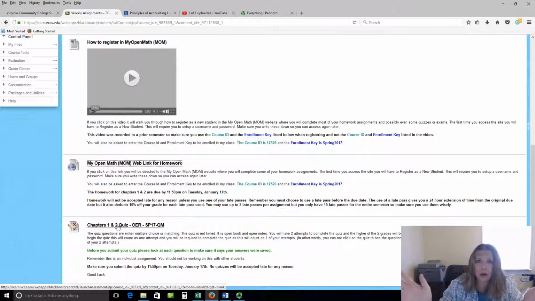It's open notes, open book, so you're allowed any materials that you want to solve the problems in the quiz, and they're not timed, but please make sure that you are working within your computer so that it doesn't fall asleep, because if it does, it might kick you out. Okay. Also make sure that you are saving all the answers. Blackboard should be saving them for you. That's Blackboard's set up to automatically save your answers.